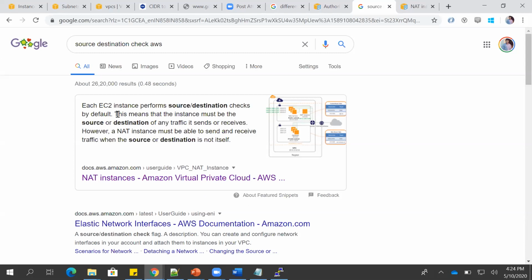This is the line it defines here as per the EC2 documentation, that the instance should be either a source or a destination of traffic, meaning either the instance should receive the traffic or be able to send the traffic. The NAT instance does not act like that, because it should not be either a source or destination. It just passes the traffic through. Whatever is coming, it forwards it to